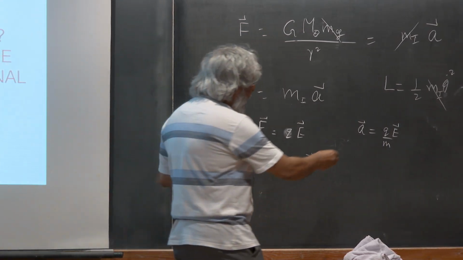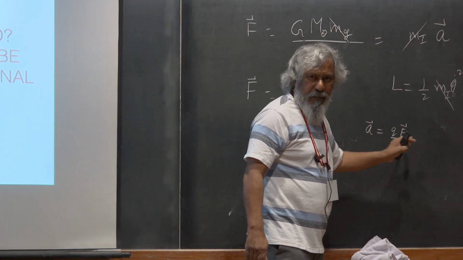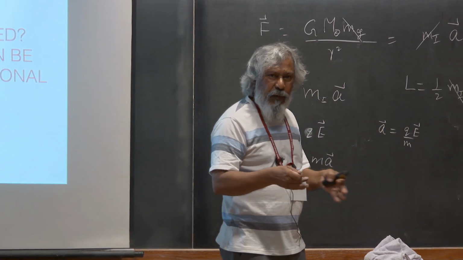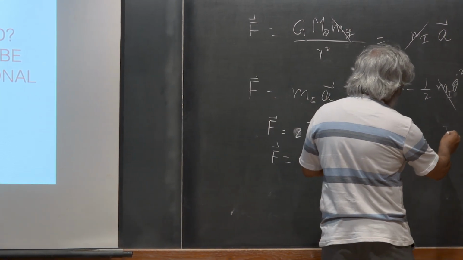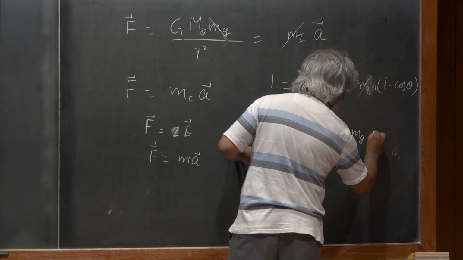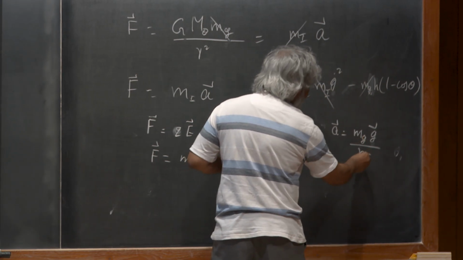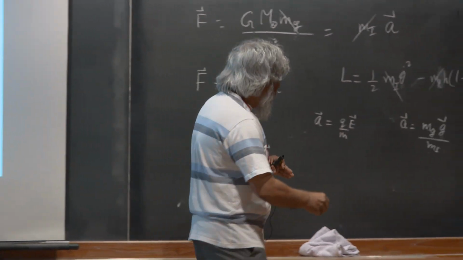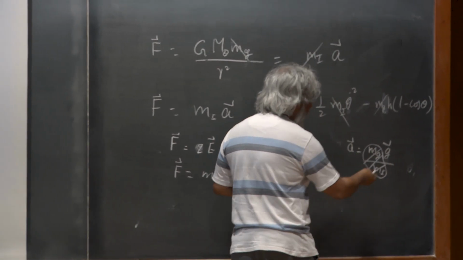Now q and m, if this ratio was always a constant, then all bodies would fall the same. But there are neutral particles and there are charged particles, and they all fall differently. So what I'm saying about the gravitational field is not true for the electromagnetic field. And what I'm saying for the gravitational field is that acceleration will be given by the gravitational mass times the gravitational acceleration divided by the inertial mass. And if these two were different, then the principle of equivalence does not hold. But we have done experiments to show that these two are equal to each other, or the ratio is constant for all substances. So I can just absorb that constant in the definition of something.